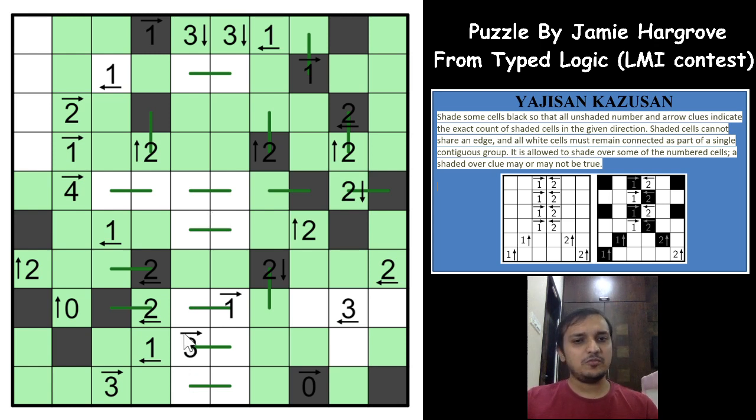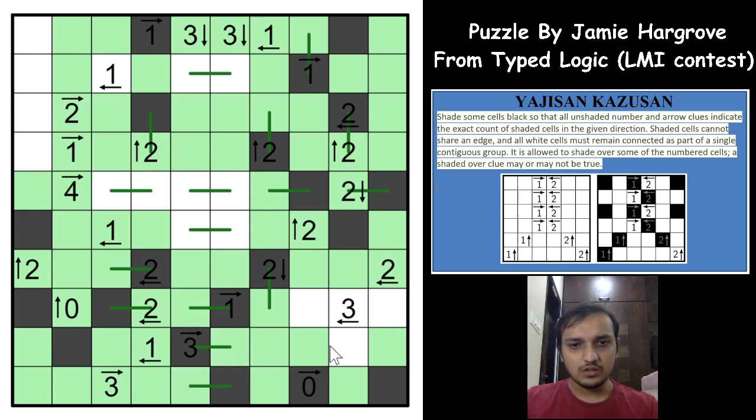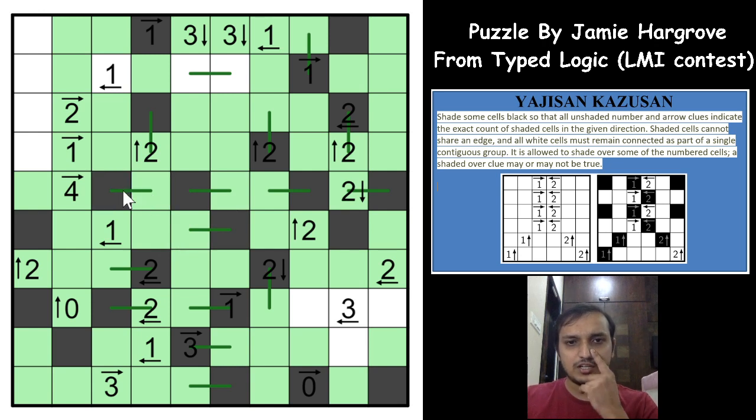Okay, for the 3, sorry, we have missed a simple possibility. Now this 3 cannot be true, because you cannot have 3 shaded cells in that direction, which makes this false and these both true, these both as shaded cells, I mean. So if you see now, I cannot shade this cell. If I shade this cell, and if you see this white area, it is stranded between this area, the black cell, and it cannot go out to connect to other white areas. You have a closed area here of white cells, which means that these both cells will be shaded, and this is unshaded and this is shaded, right?